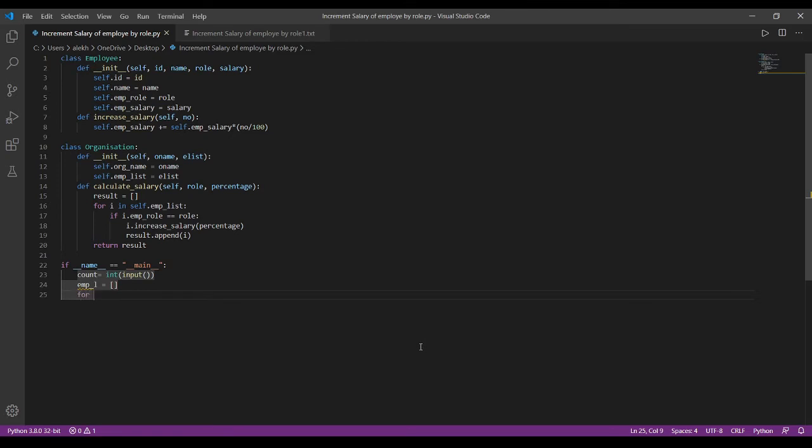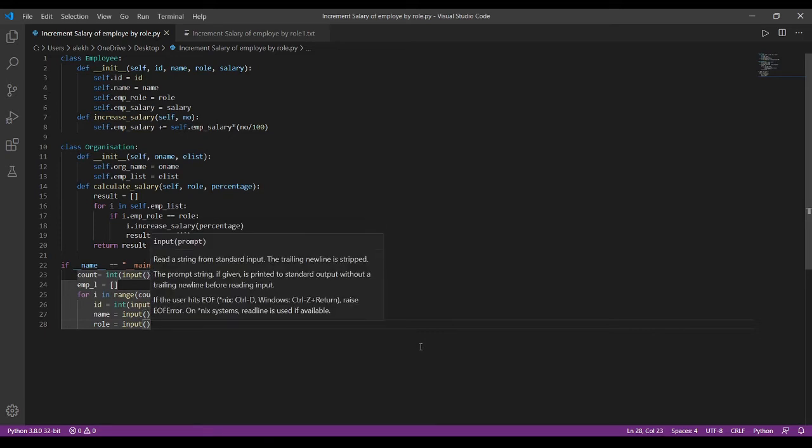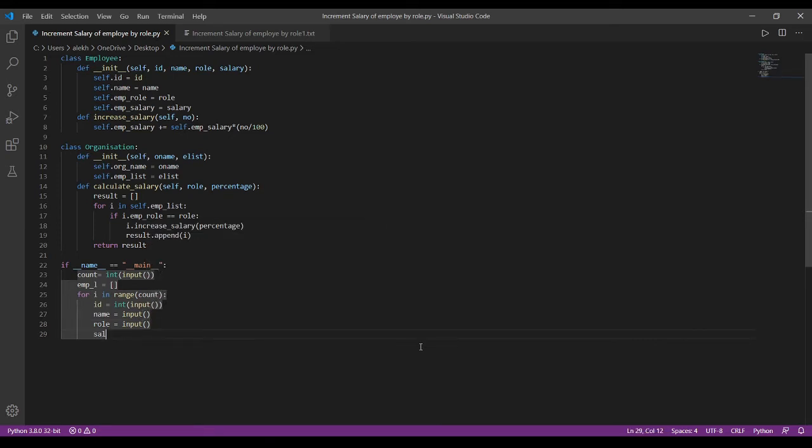Next for i in range of count, we are taking all the values: ID is int of input, name is equal to input, role is equal to input. Next salary is equal to int of input.